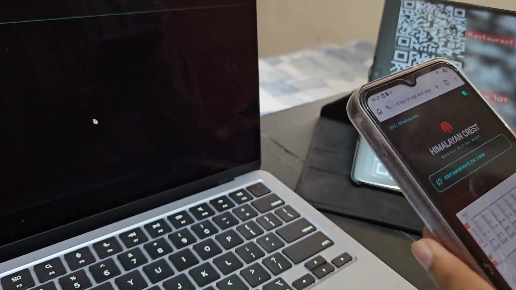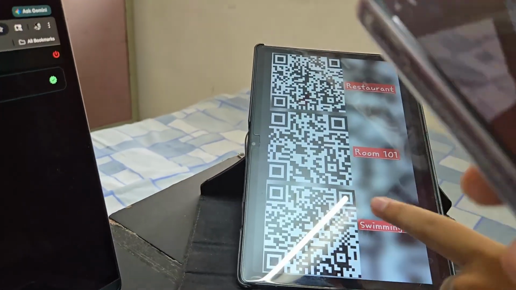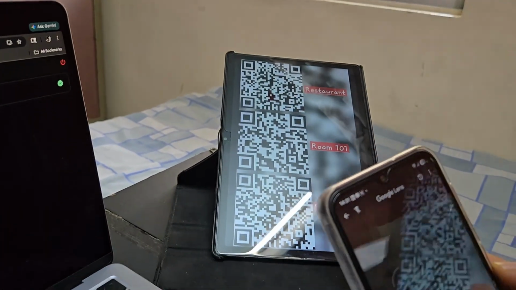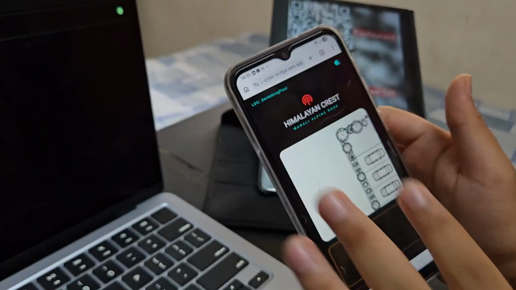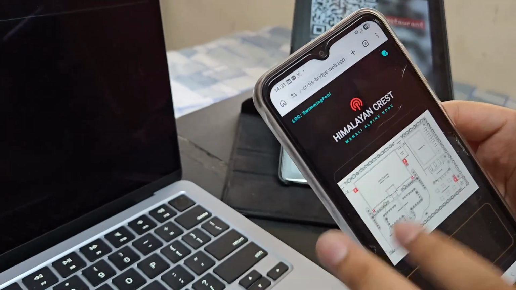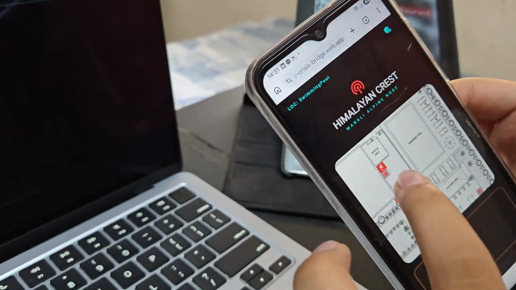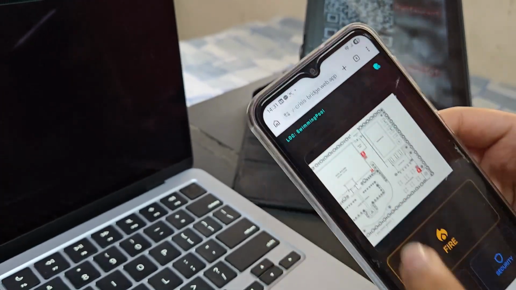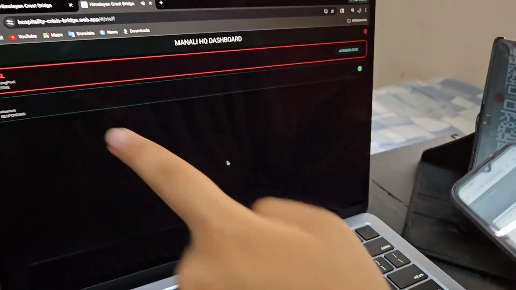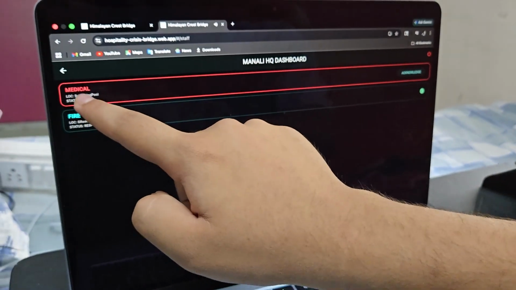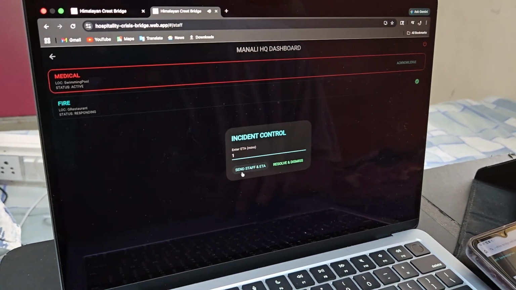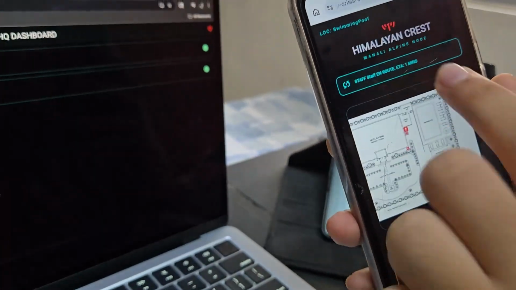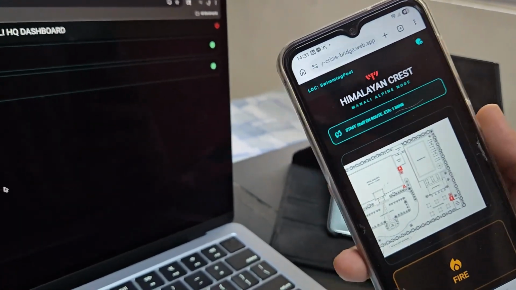If we consider another example, the swimming pool, for example. Once we log in, it will open a different map. This map is for the outside view, and here is the swimming pool. This map also has the fire extinguisher and all. If we press medical issue, it will automatically pop up, and here we have the location as well, like this issue is for the swimming pool. If we acknowledge and say, let's say, 1 minute and send, it will automatically show up here that the staff will be available to you in a minute for rescue.